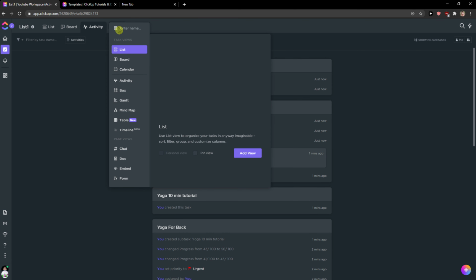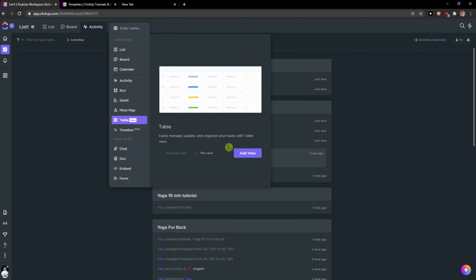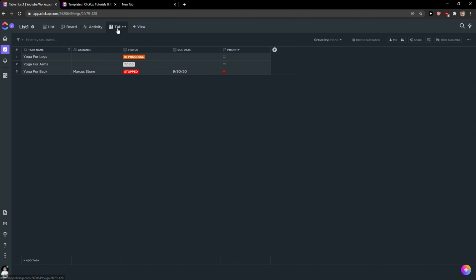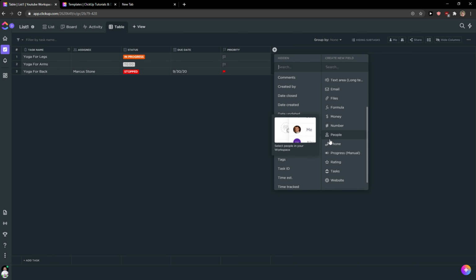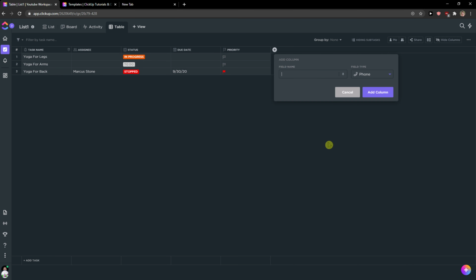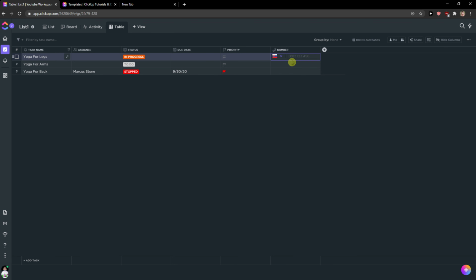And when I click plus view, you can add table, this is a really cool thing. And in table, what I really like is that you have plus here. This is the same as a list, but in Excel form. So if you're an Excel guy like me, you are going to love this. You can create new fields like email, phone, paper. And what I like, when I add a phone number, right? And I would add here